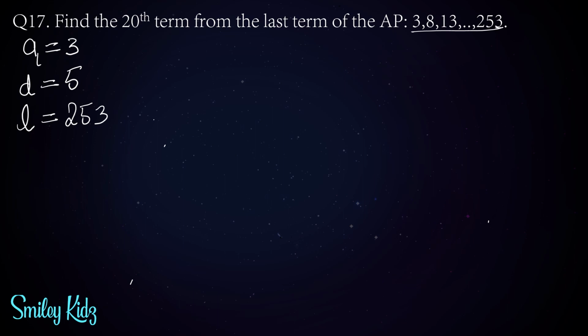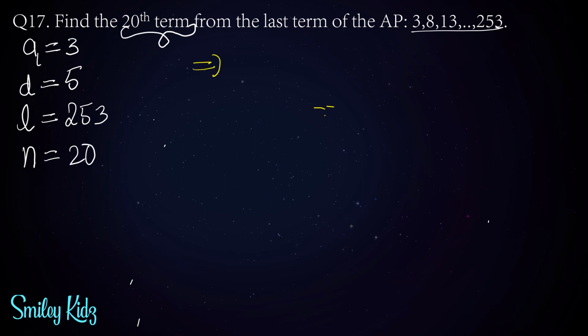Alright. Now, this is something given to us. And we also know the value of N, which is 20. Yes, everyone, that's because we need to find the 20th term. That means N is 20. Right. Now, I'm trying to find this by a far easier method, which is, if you're